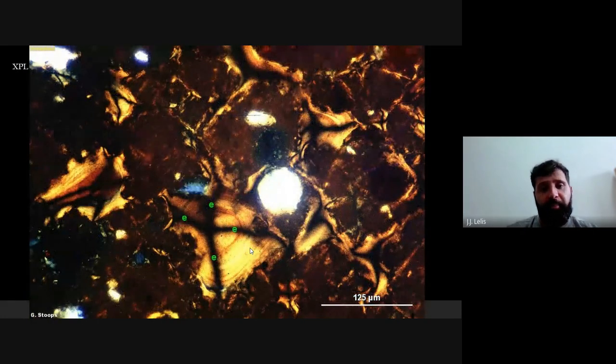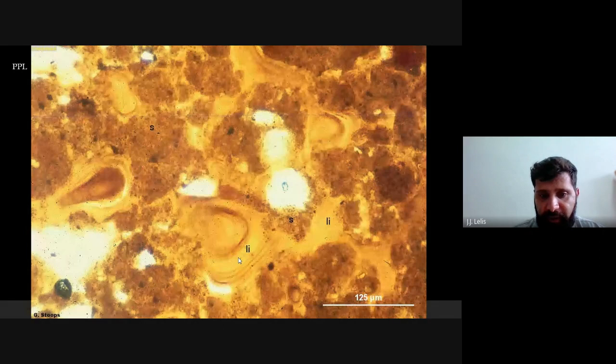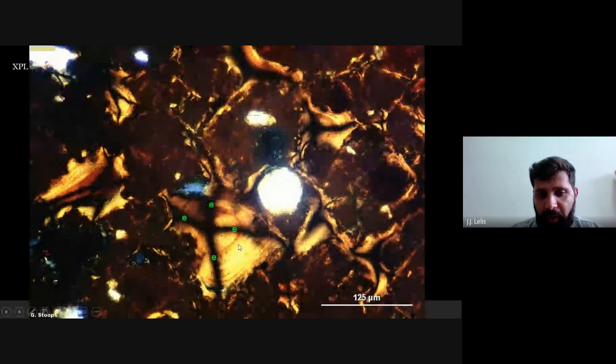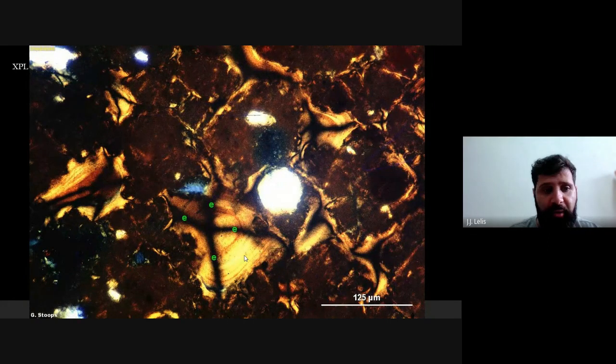Oh, this is very important. When we use the XPL image of these clay fillings, we can see in some cases a different color, like here and here. We can see a different color here, and this light yellow tells us that this material was well organized. So the clay migration, the clay eluviation, was conducted in calm conditions, and the clay migrated and